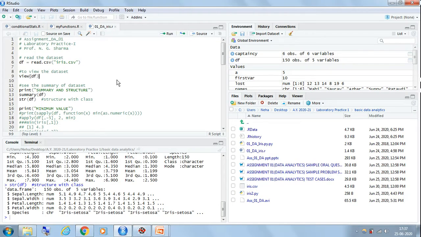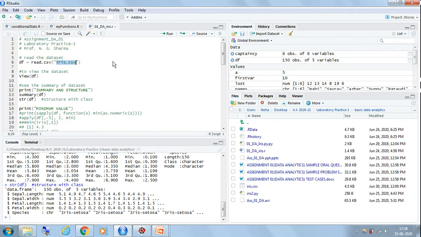So you can see here, this is the source code pane. Okay. So here I have already done the program. So we'll discuss it line by line and I will show you the output accordingly. So in the first line you can see here, df is a variable that I am creating which stands for data frame. Okay. And in this I am going to read my input file using the function read.csv. I am using the function read.csv because the input file is a CSV file. Okay. So read.csv is the function in R that is used to read the CSV file, and in parenthesis I am going to specify the name of the input file which is iris.csv.